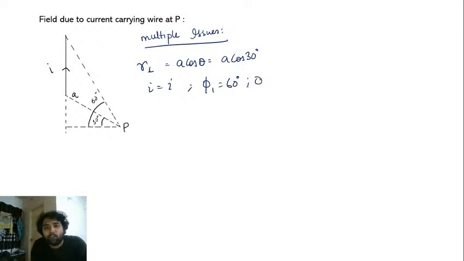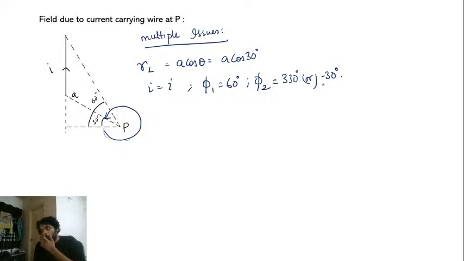But phi 2 is in the opposite direction. No, it's also on top. So काउंटर क्लॉकवाइज ढूंढना है तो ऐसे लिख सकते हो कि टोटल एंगल इज 330. यू कैन आइदर राइट 330 डिग्रीज और यू कैन आल्सो सी इट इज गोइंग अगेन इन क्लॉकवाइज डायरेक्शन. सो आई विल राइट minus 30 डिग्री. सिंपल है, लॉजिकली सोच लो. अगर लेंथ ऑफ वायर ज्यादा होगा, इफ इट इज कवरिंग मोर एंगल, मोर फील्ड विल बी देयर. इफ इट इज कवरिंग लेस एंगल, लेस फील्ड विल बी देयर. सो सपोज इट्स स्टार्टिंग फ्रॉम 30 एंड फिनिशिंग एट 60, यू हैव टू सबट्रैक्ट बोथ ना.